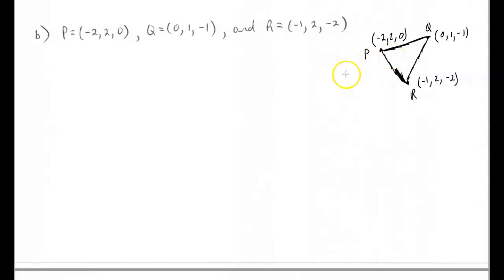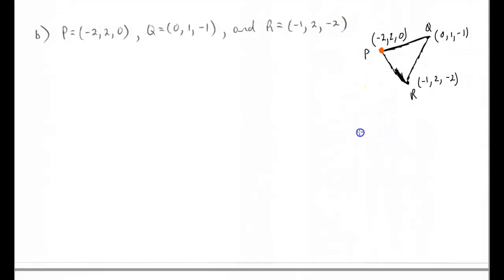And so now we just need to define our vectors PQ and PR again. And so just like how we did last time, I'm going to use this point P here as the point where both vectors have their initial point. So if I do that,